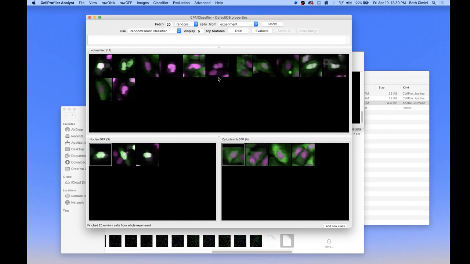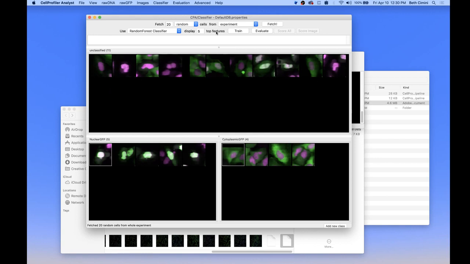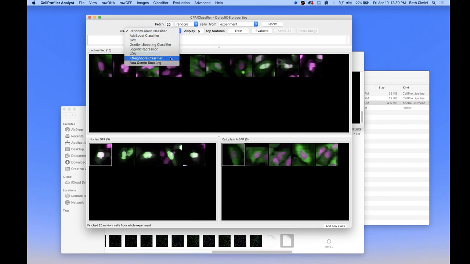So I'm going to start by just grabbing a few. And you can see I haven't actually even looked at the measurements yet. I'm just sorting the cells by the phenotype that I see. We offer a few different classification algorithms, and it's okay if you don't know the difference between them. This information is all on the CellProfiler-Analyst website if you have more questions. I'm going to pick fast gentle boosting here because that's a method that works really nicely, but you can pick whichever one you like. If I go ahead and hit the train button,